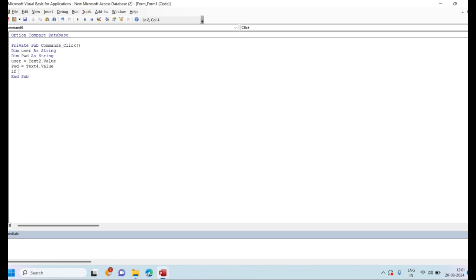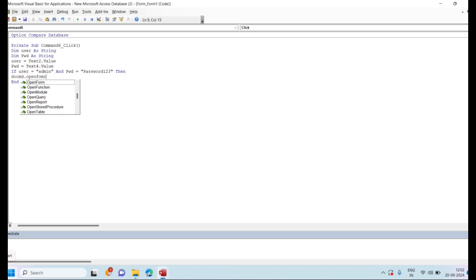I write: if user equal to admin and pwd equal to 123, then DoCmd dot OpenForm.